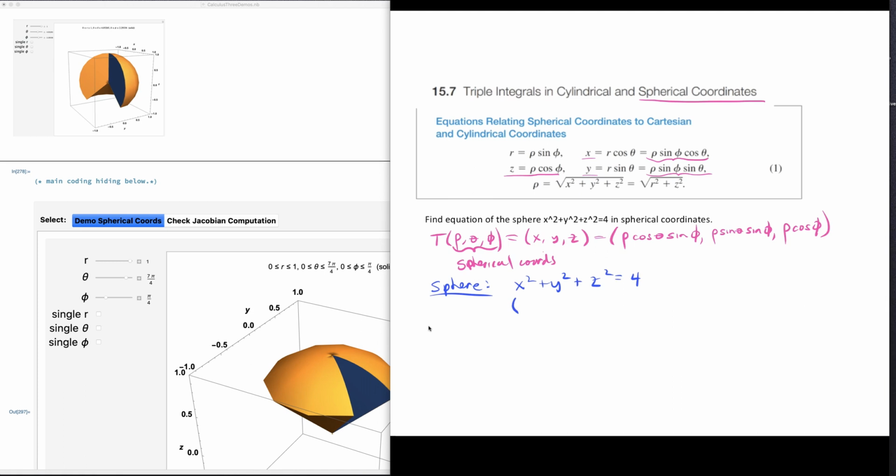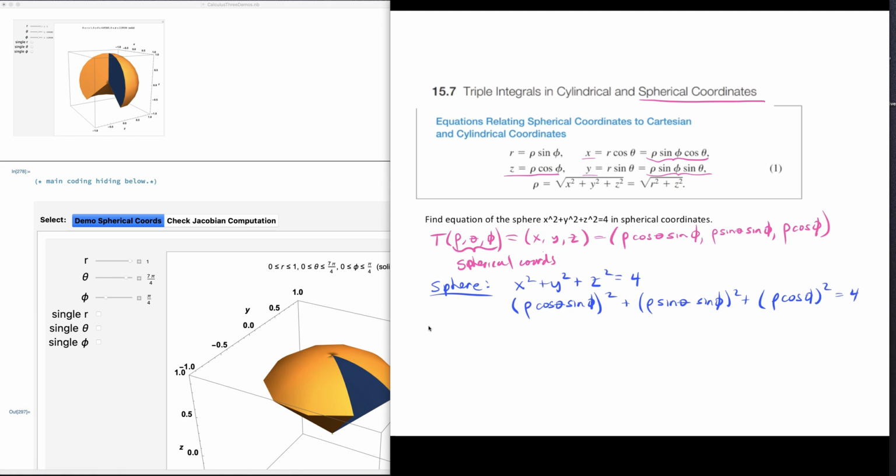And if we take that x is equal to rho cosine theta sine phi, y is equal to rho sine theta sine phi, and z is equal to rho cosine phi, and square these out,